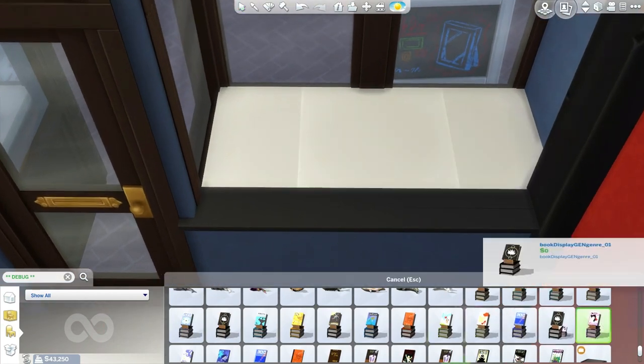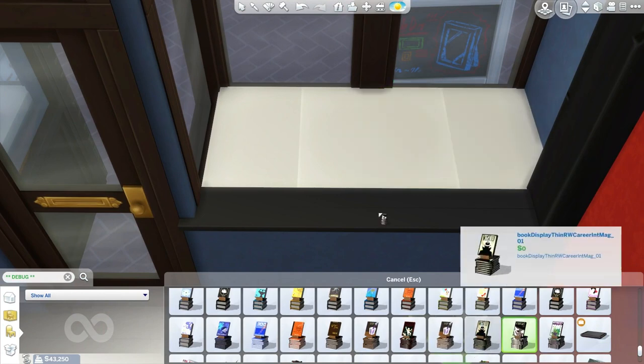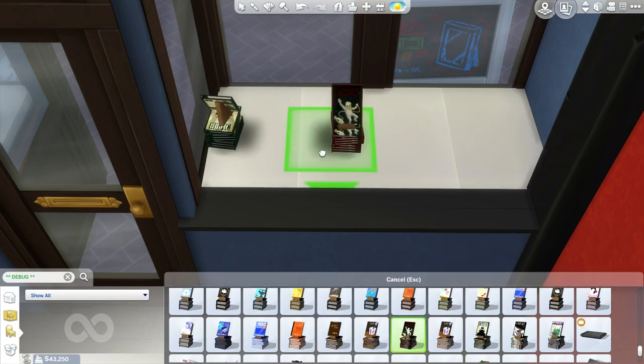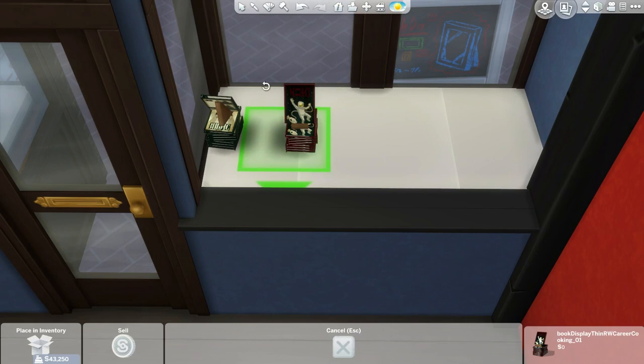Okay, that's a flirty book. Not exactly superhero. That one could... Ooh, this one. I mean, it's supposed to be like a mystery book, but... We can use our imagination once again. That one. Looks like more of a sci-fi thing, but...